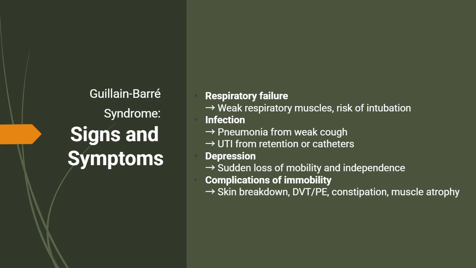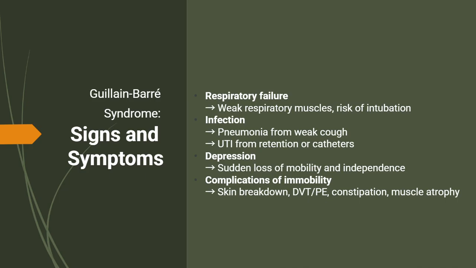As weakness ascends from the legs to the chest, the muscles responsible for breathing, such as the diaphragm and intercostal muscles, become weak. Patients may start to breathe shallowly or rapidly, they may feel short of breath, or they may have difficulty speaking in full sentences. It is important to remember that GBS is a medical emergency when respiratory weakness begins. These patients require close monitoring of oxygen saturation, respiratory effort, lung expansion, and the ability to clear secretions. Many will require intubation early, often within the first week of symptoms.